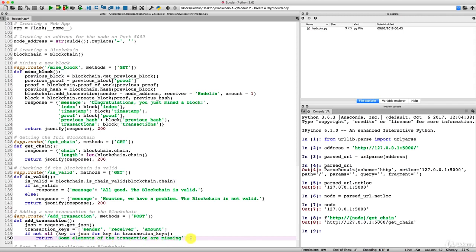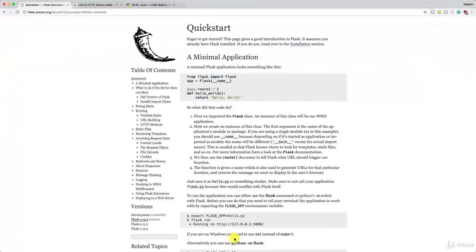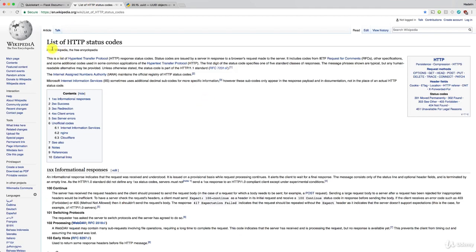Perfect. We check that, but we're not only going to return that message, we're going to use, of course, the HTTP status code. That's what they are used for in case there is an error. And since this time we're dealing with an error, in case we are in this situation, what we'll return is, actually we can go back to Google, because remember we had this Wikipedia page containing the list of all the HTTP status codes open.